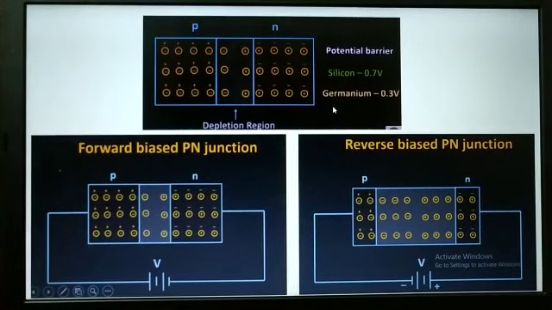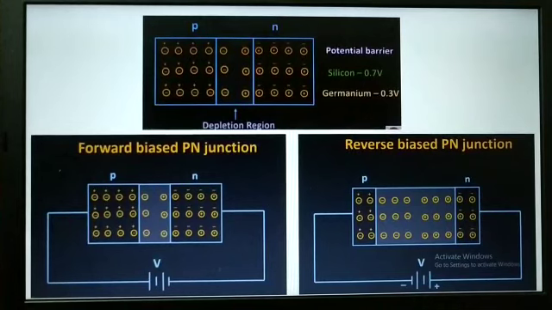Now again, we have studied forward biased and reverse biased. When the diode is in forward bias, it acts as a switch, like we switch on and switch off things. So in forward bias the diode conducts, and in reverse bias it doesn't conduct. For example, we have studied diode as a switch in 11th standard. When the diode is in forward bias, it is conducting, and when it is in reverse bias, it is not conducting. Simple as that. It is acting as a switch.